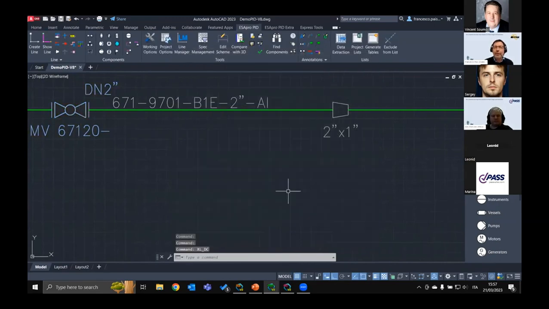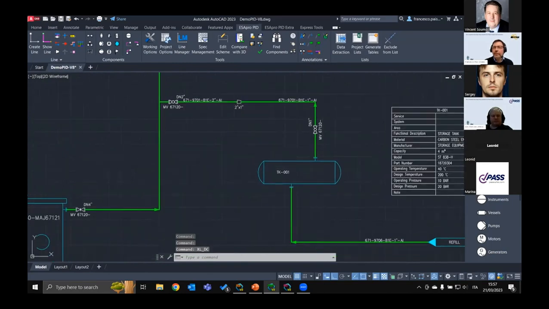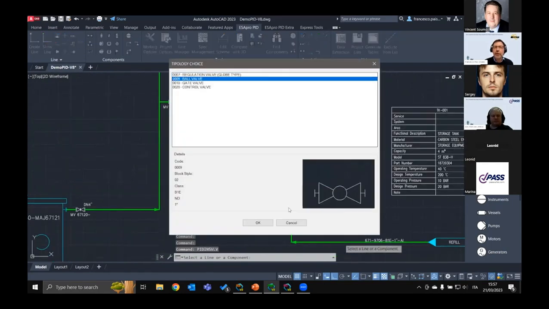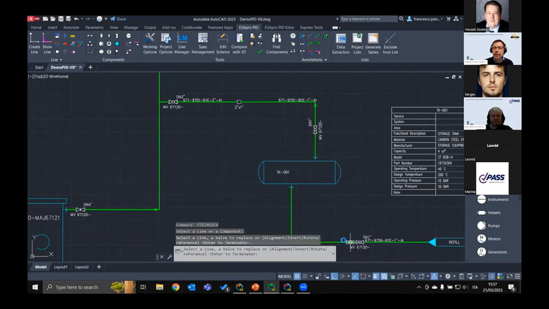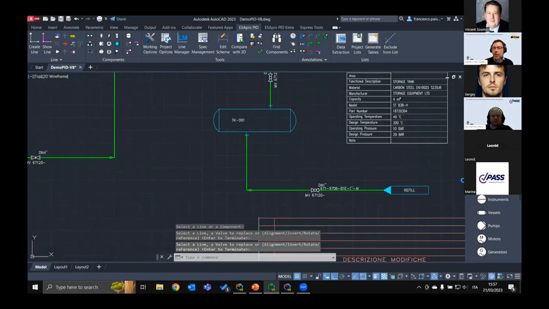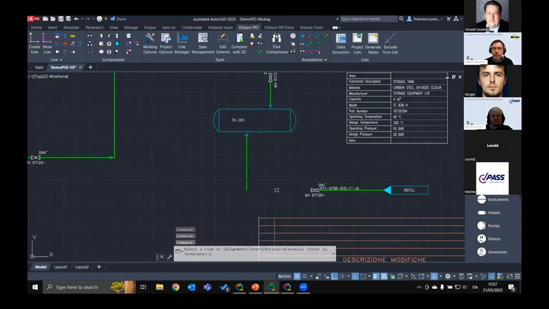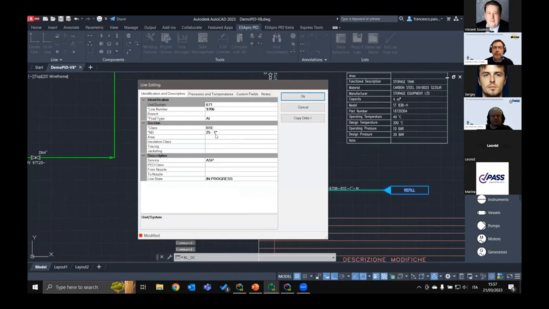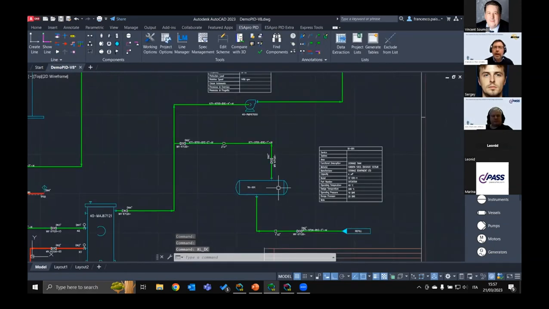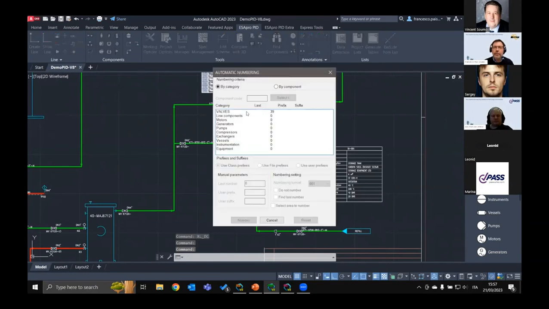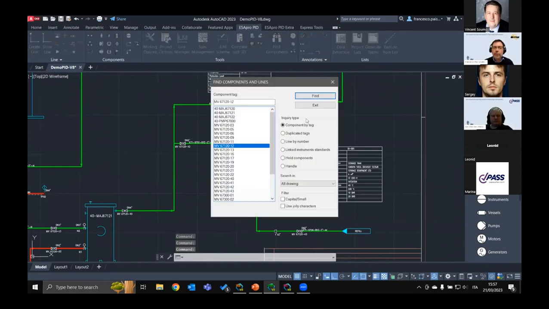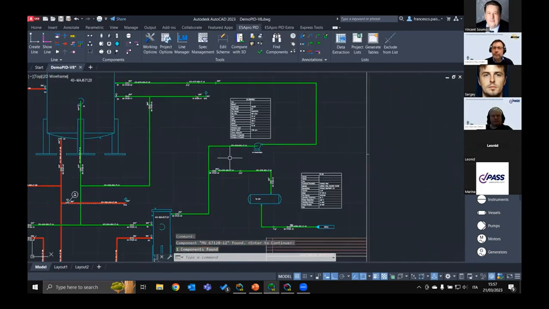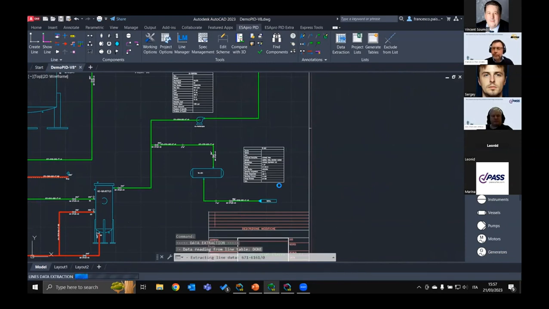So when you place a valve, the software will check if this valve is compatible with the line. In this case, it is compatible. In this case, it is not. And if you change the line size, this valve will be automatically updated. Okay. The valves are numbered automatically by the software. Okay. And you can look for a specific item, and you can save your data